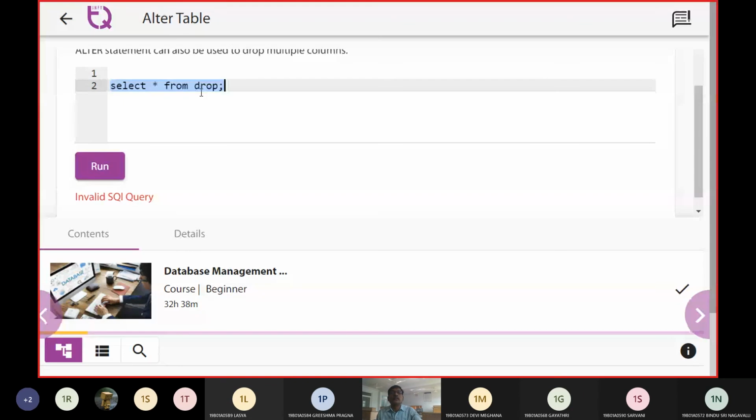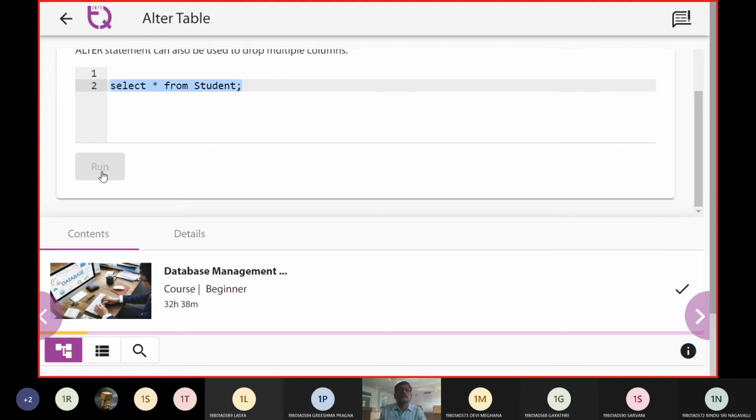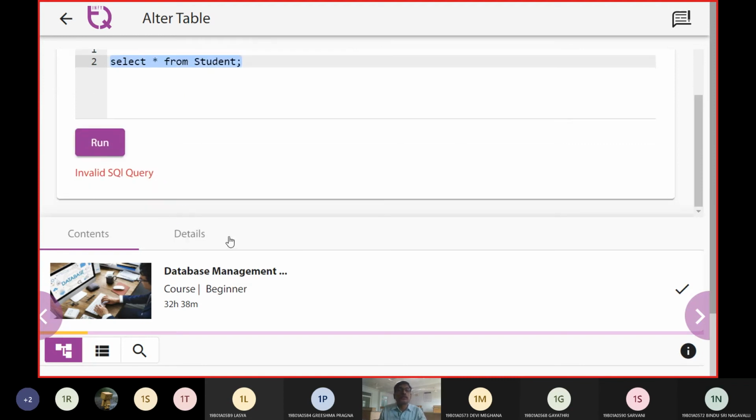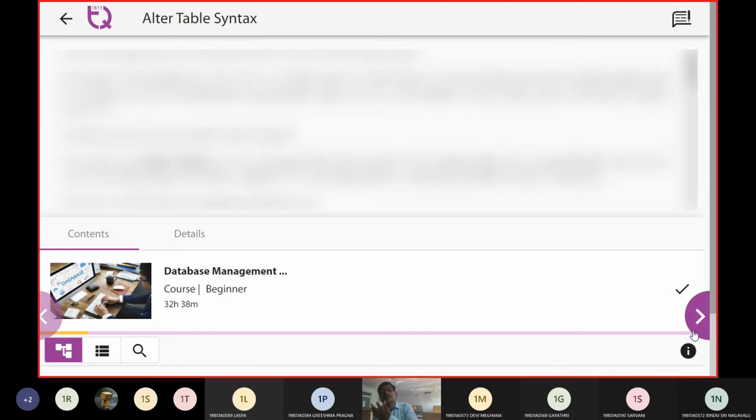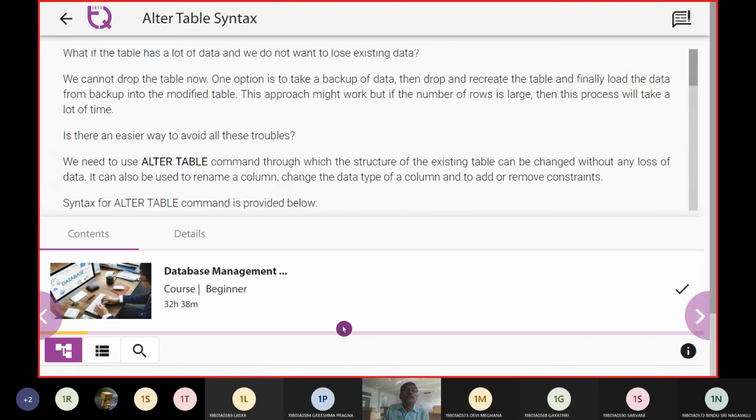So it is student there. So it's not accepting the direct things. Okay. So let us see the syntax of the alter table here.